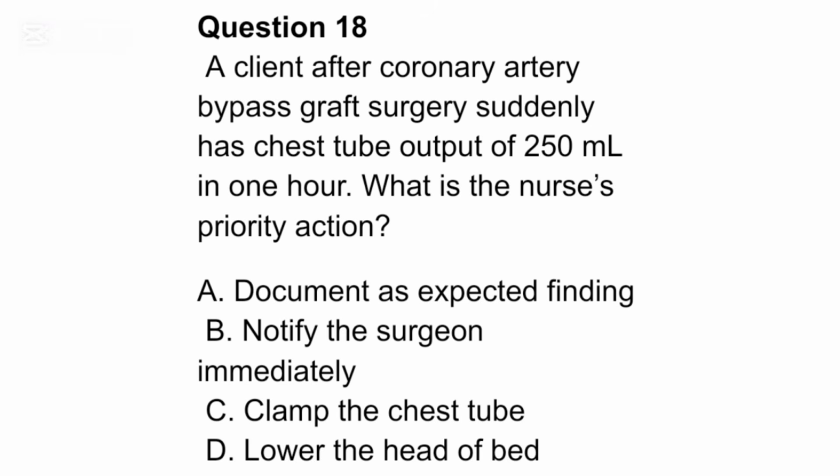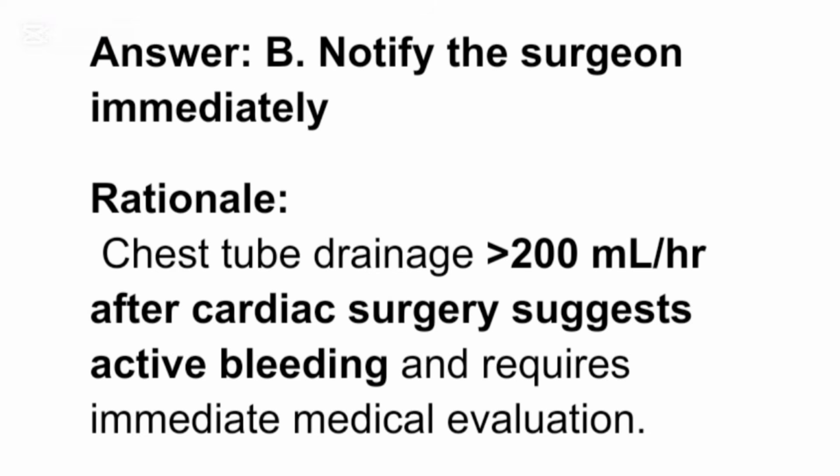Question 18. A client after coronary artery bypass surgery suddenly has chest tube output of 250 milliliters in 1 hour. What is the nurse's priority action? A. Document as expected finding. B. Notify the surgeon immediately. C. Clamp the chest tube. D. Lower the head of bed. Answer is B. Notify the surgeon immediately. Rationale: Chest tube drainage greater than 200 milliliters per hour after cardiac surgery suggests active bleeding and requires immediate medical